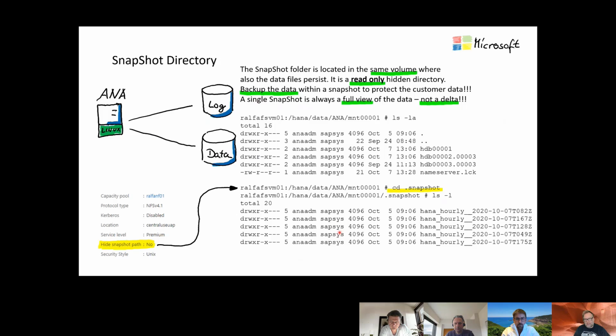Yeah, that snapshot directory we also visited last week, also a little bit longer. So I keep this a little bit short because we need some more time here for the recovery process. Remember that snapshot directory is a hidden directory. So when you do an ls -la in that data volume directory, the snapshot directory is invisible. Only when you go into that snapshot directory here, what you see with cd .snapshot, you see also all the volumes here in that volume. Very important.